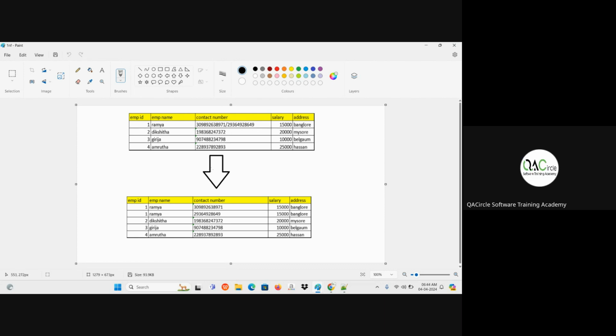So we need to normalize it in this way. We are going to take another row and we are going to mention that alternative number in that row. Okay. This is how we are going to normalize for the first normal form. Okay, this is the rule of the first normal form. What is that rule? The rule is that the cell should contain only one value. Here in this table, we have two values. So we normalized it in this way. Okay, then